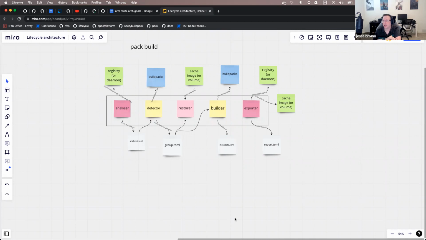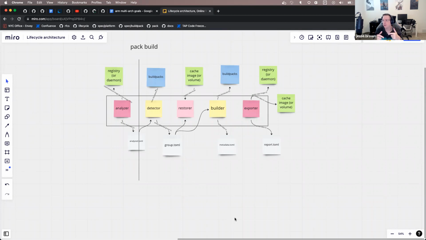The idea of an untrusted builder is that the phases that have registry credentials, like analyzer and exporter, to give an example, there are others, run separately. Detector and builder, since they're going to have your app code and everything, run on the builder image, or actually I think it's the reverse.